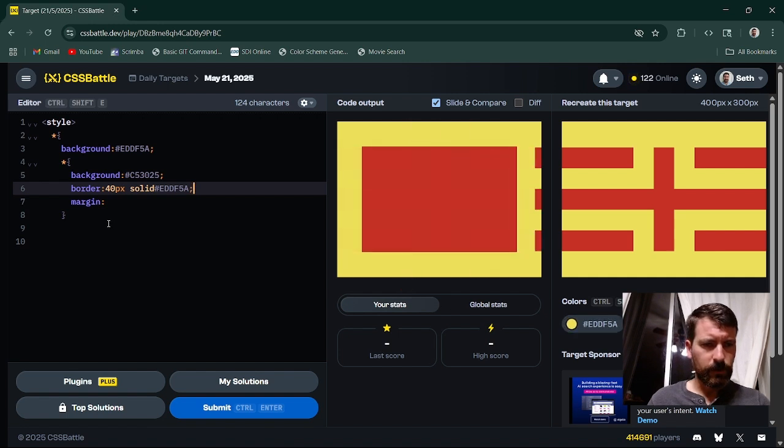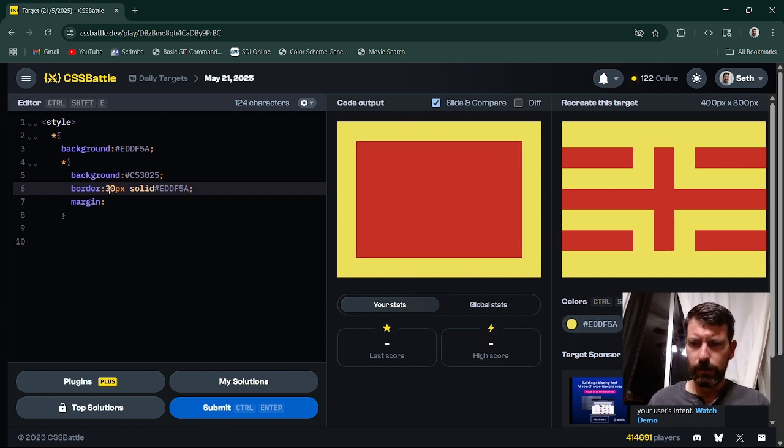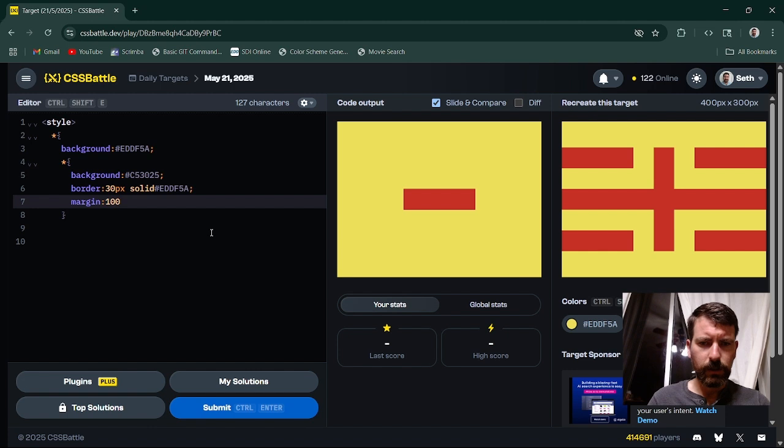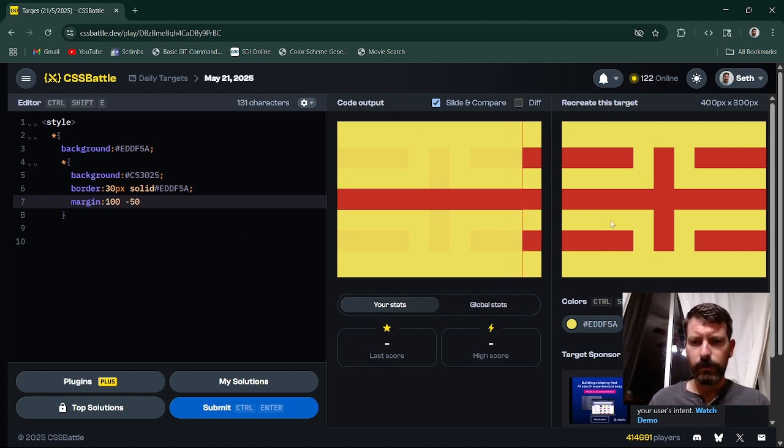And it's not 40 pixels, I can tell already. 30. There we go. And then we're going to margin this. And what I'm going to do is use the border. 100. There we go. Negative 50. Okay. So what we got here,